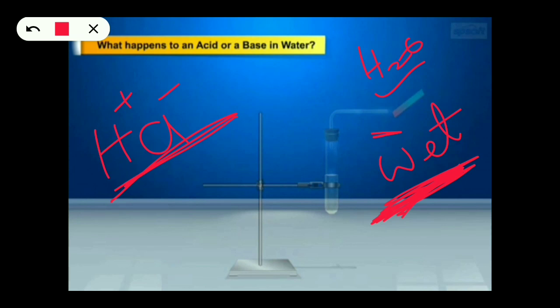So as I told you children, what is the role of water here? Now you might have understood. All acids or bases show their properties in the presence of water only. In the absence of water, they won't show their acidic properties, and their acidic nature is not shown in the dry state. When they are dissolved in water, they react with the water molecules and they show the acidic properties. Let us see through the equation.